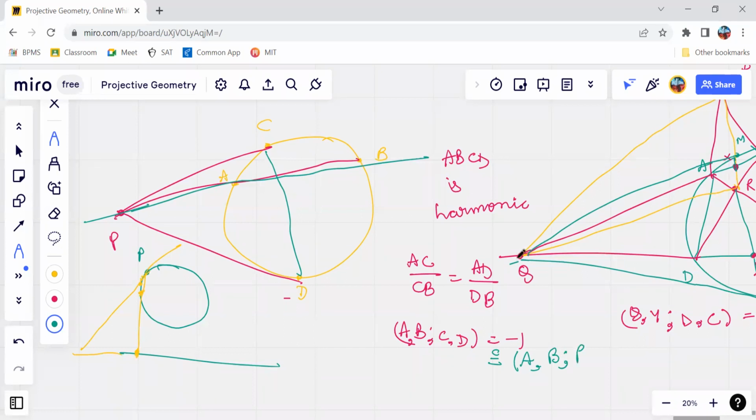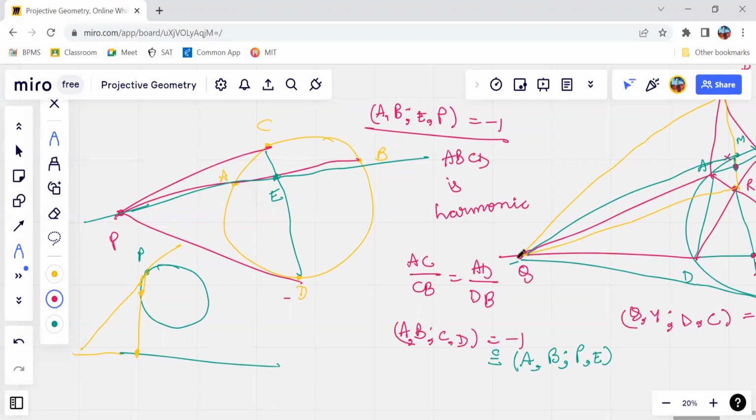And C, because it's tangent, goes to P. And D comes to this point, let's say E. So this actually gives us the following fact: if ABEP is a harmonic cross ratio,